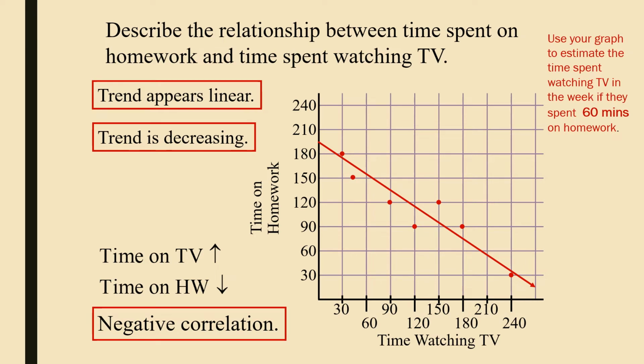So you go to the homework, which is on the y-axis, you trace 60, and you trace down to where you have the time watching TV. So you trace from the y-axis to the x-axis. So you discover that roughly on an estimate you have 200 minutes. Just like I said, we do not expect that you have the same answer, but of course we have a sort of tolerance, so you should get your answer between a certain range. Okay,